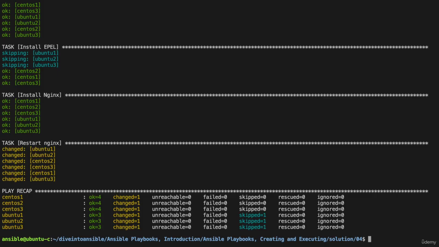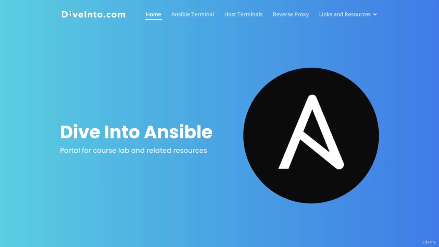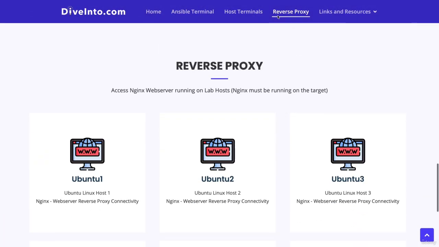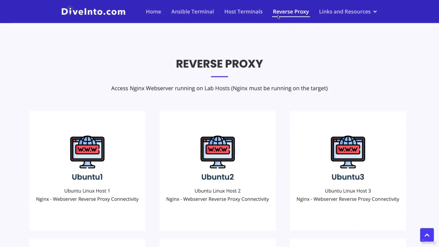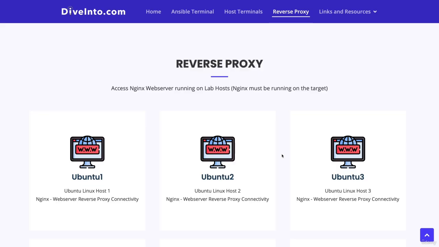So now, if we go back to the portal, and then we choose reverse proxy, and if we click one of the Ubuntu hosts, you can actually see there that we've got the base Nginx web server message. This is the default one that actually comes with Nginx. And then if we go back, and here we choose a CentOS one instead,